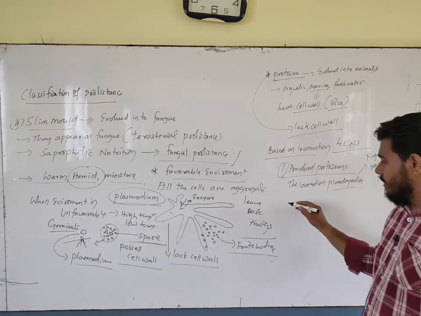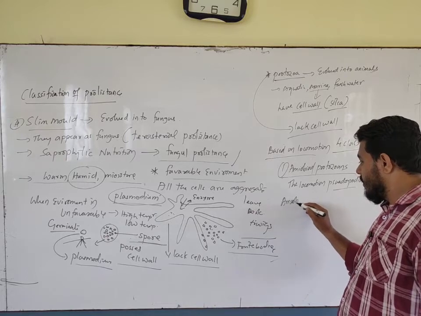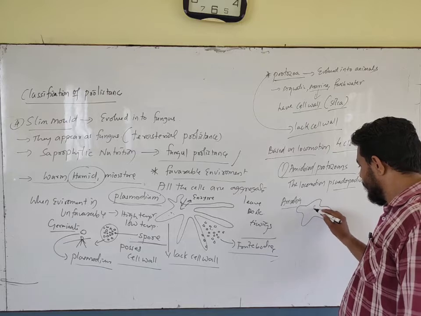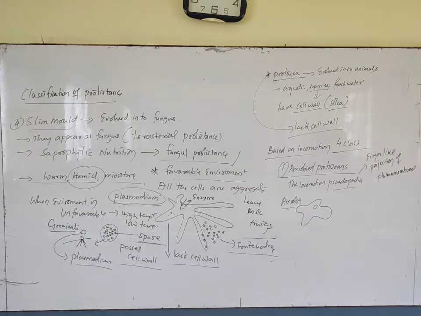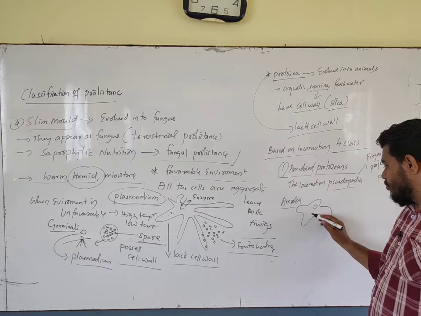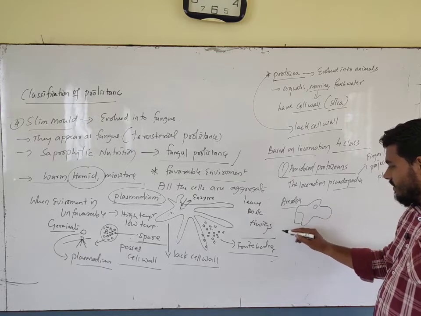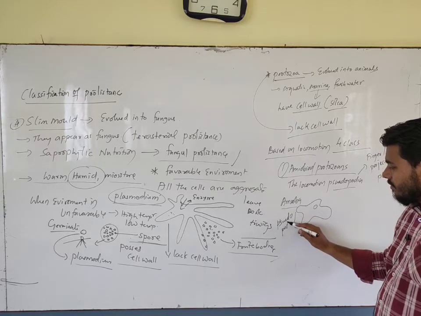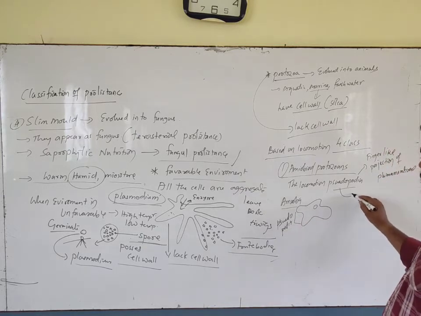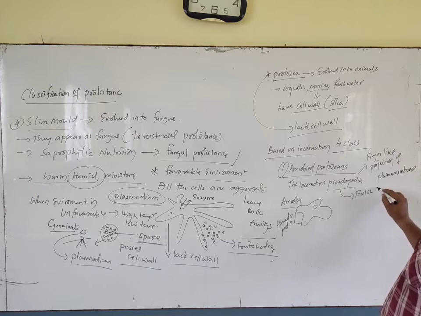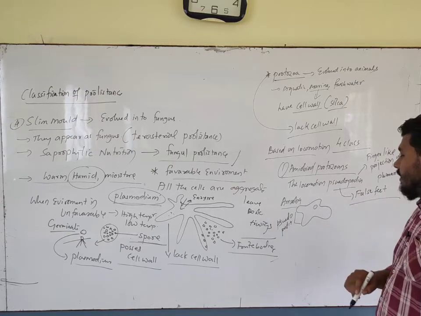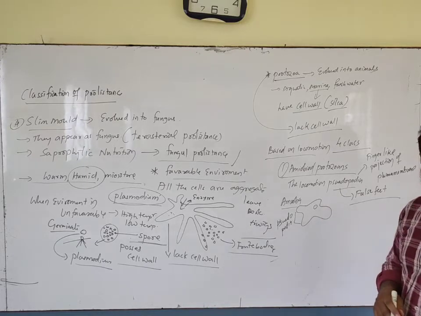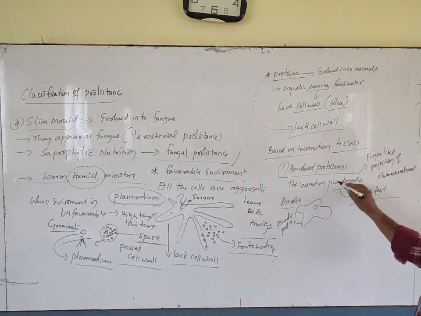Say for example, amoeba has no shape, irregular shape. So these finger-like projections are called pseudopodia. What is the meaning of pseudopodia? False feet. Because they are not fixed. Every time they change their shape. So this pseudopodia,